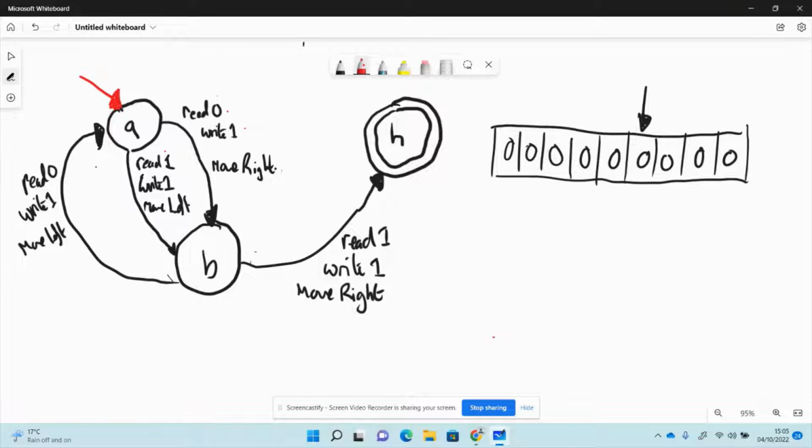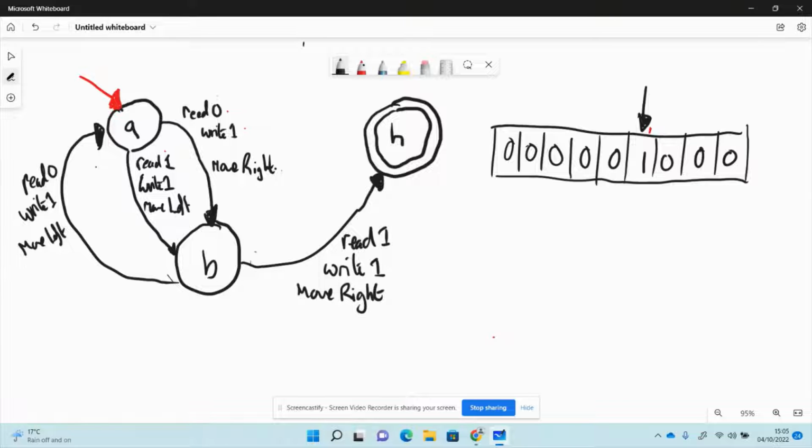If I'm in state B, if I read 0, I write 1 and I move left. If I read 1, I write 1, I move right, and we halt. So if we look at the tape here, we're in this position. Starting off in A, we read 0, so we're going to write 1 on the tape,